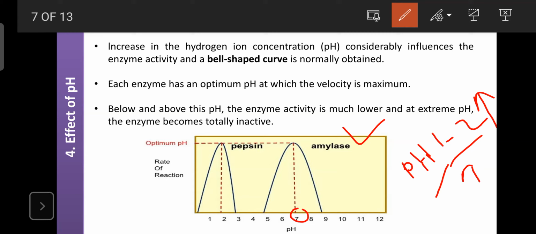If the pH of your oral cavity is 7, then only the amylase is involved in the digestion of carbohydrates, and also in the small intestine, if the pH is 7, then the amylase is active and involved in the digestion of polysaccharides into monosaccharides like glucose, fructose, galactose. So that's why you should always maintain the pH of your body, because the enzyme activity mainly depends on the pH of our environment or body. So next one is the